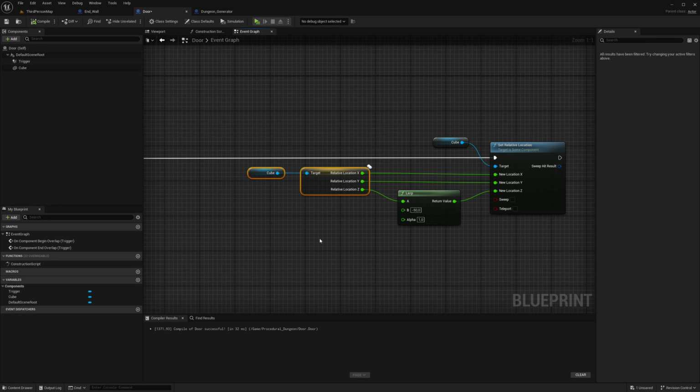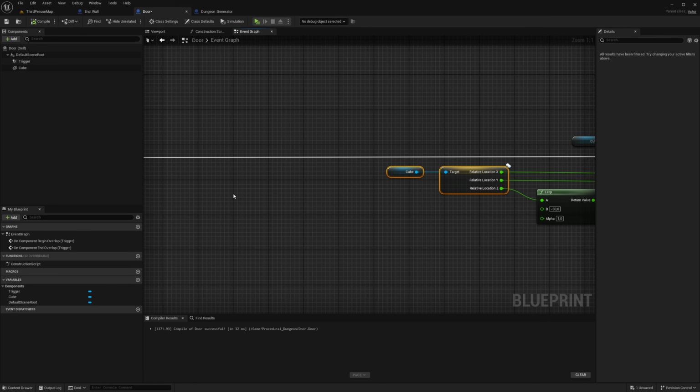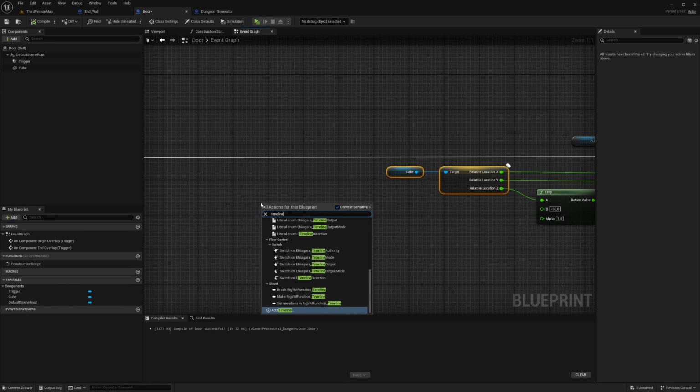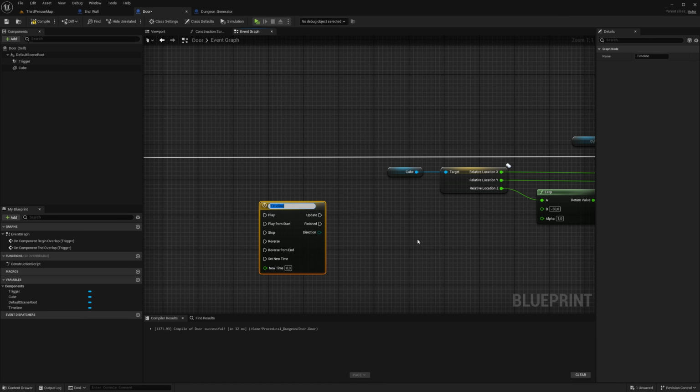And I mean, it would be awesome if you just could plug in a delay here and then it would animate over that delay, but that's not how it works. We need to make a timeline. So right click, say timeline, add timeline, and we will call it door animation.